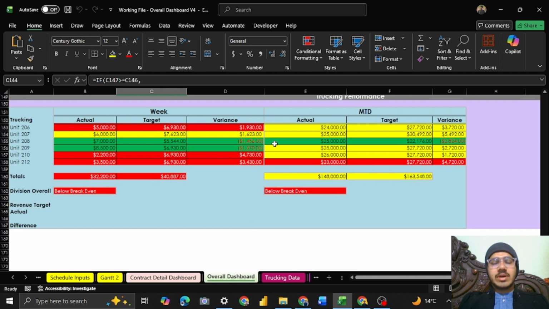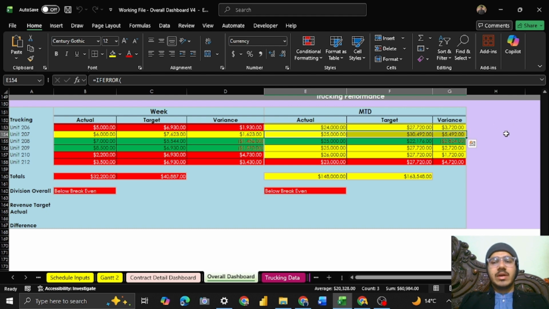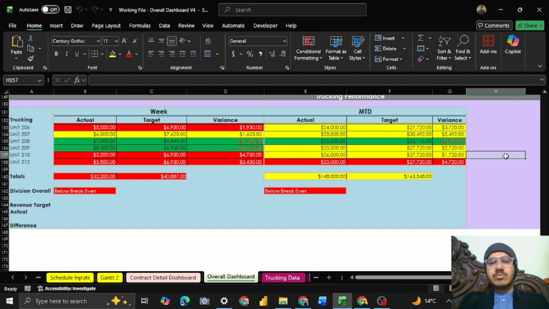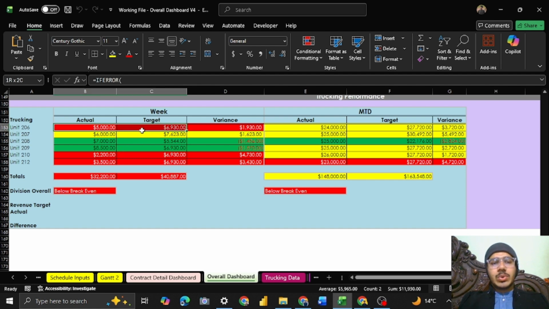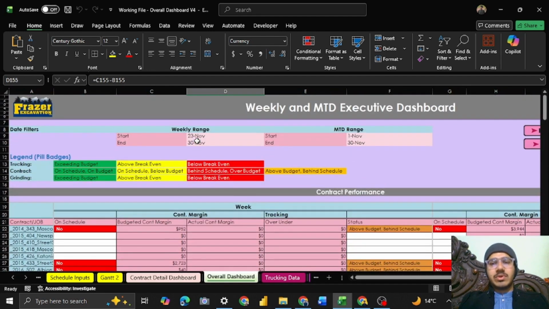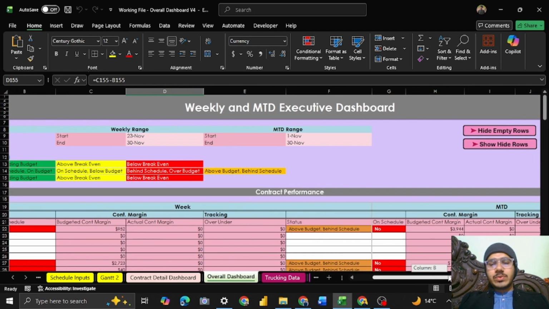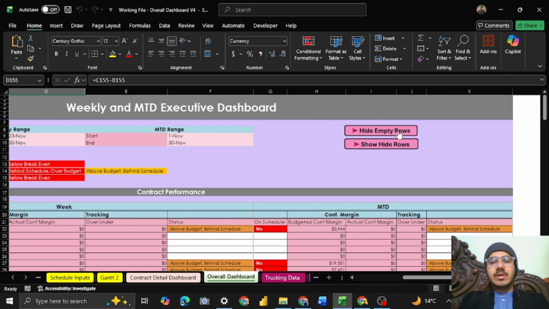As you can see, there is coloring logic applied. This is not applied through hard coding. It was completely done through automation with the help of conditional formatting. So there's a basic rule: if the actual is less than the target, the whole row becomes red. If it meets the target, yellow; if it exceeds, then green; and also orange if it is at a break-even point. So the same automation is applied there, and I added these two buttons,